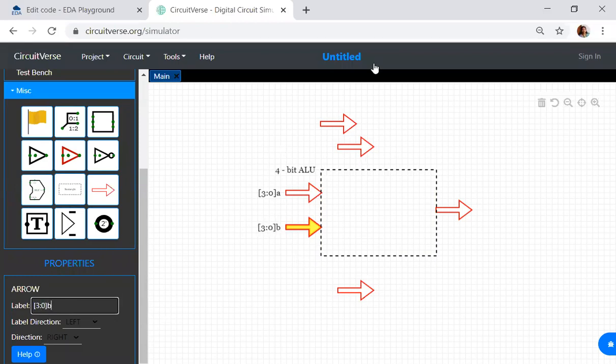Now what is the other input we have? We have seen C in as one input. So this input is C in.